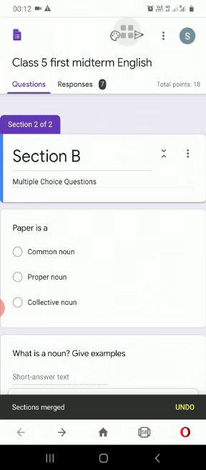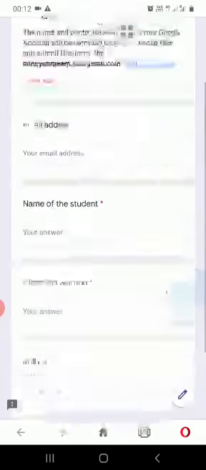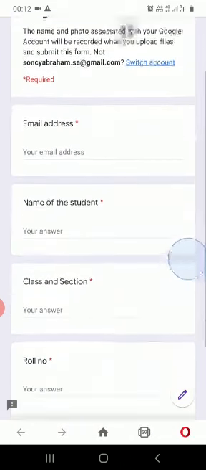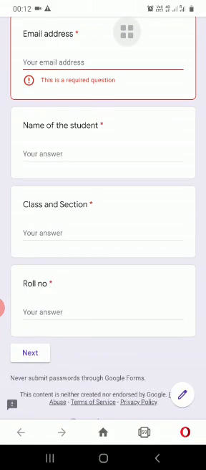Okay, so I'll just show the preview, not to prolong the video. See, the first part, that is the introductory part, has come like this: email address, name of the student, class and section, roll number. Then he has to click on the next. Okay. See, so I'll have to fill it. So otherwise,